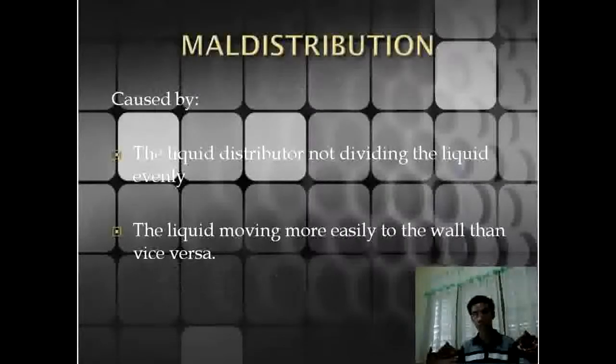The departure from uniform distribution of the phases in the packed column can be caused by the following. First, by the malfunctioning of the liquid distributor. Second, the liquid moving more easily to the wall than vice versa. Thus, the resultant channel